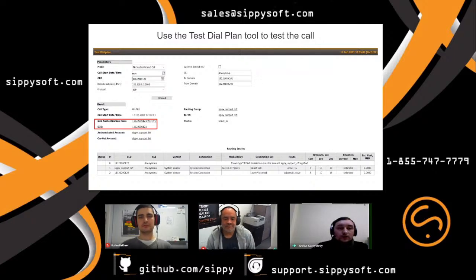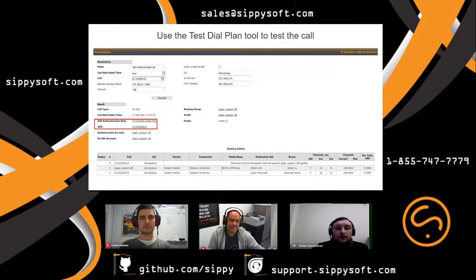Also, a switch operator should specify the CLD number, which the system will use for the authentication of incoming traffic, the CLI, if it was configured in the DID authentication rule, and the remote IP address from which the inbound call will arrive at the Sippy softswitch. Usually this is the IP of the DID provider. When everything has been filled in the parameters section, the customer may click on the proceed button, and the system should show the result of the configuration.